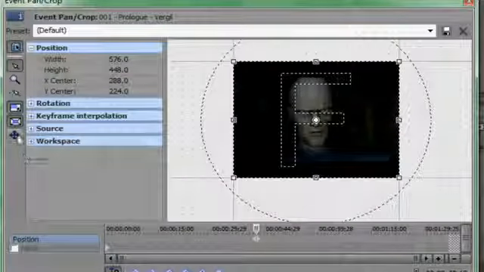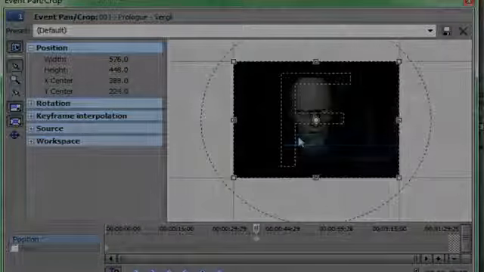In the next tutorial I'll show you masking, since it's too much to do